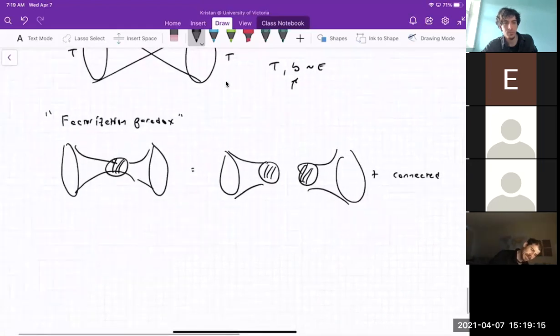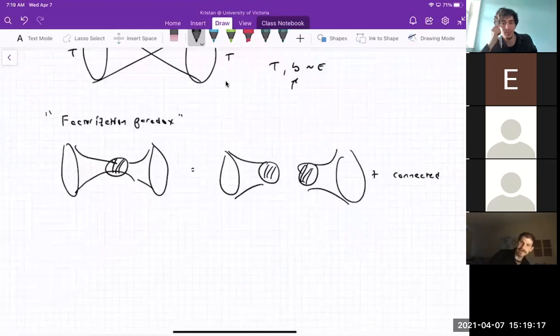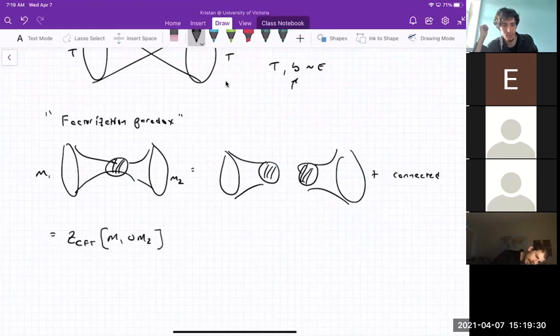And in terms of AdS/CFT, you would say, look, if the boundaries here are M1 and M2, you would want to say that the sum over geometries with two boundaries is the dual CFT partition function on the union M1, M2,